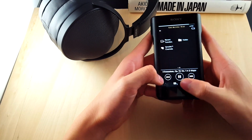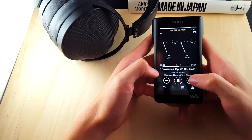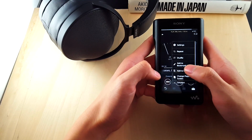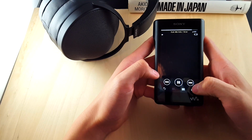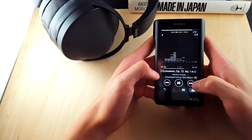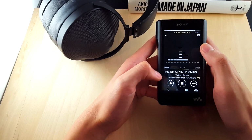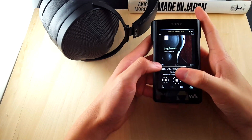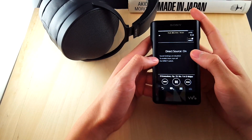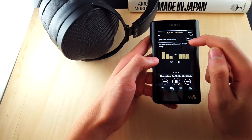Now, here, let me bring us back to the play screen. You can adjust the type of playback screen here. Most of the time I just have it set on Spectrum Analyzer. I like to see the Spectrum Analyzer, but you can also have it on the less power consuming album art mode. To access the various DSP functions on here, you can actually just slide up and turn off the direct